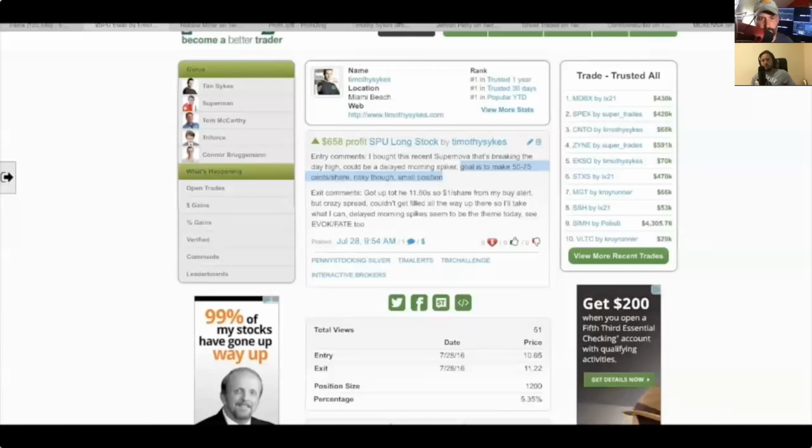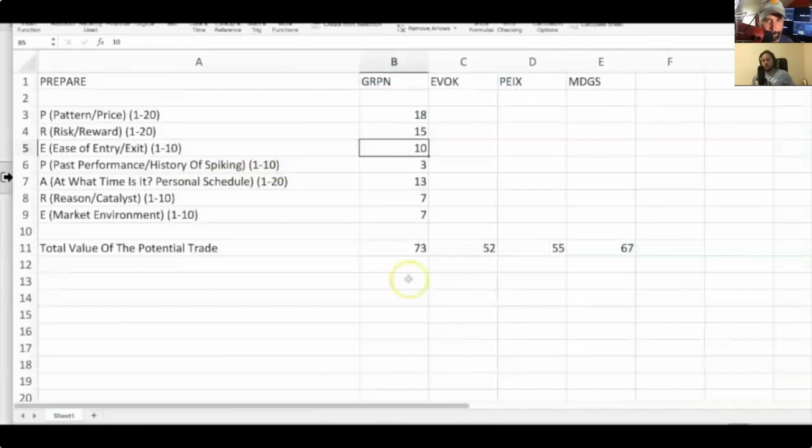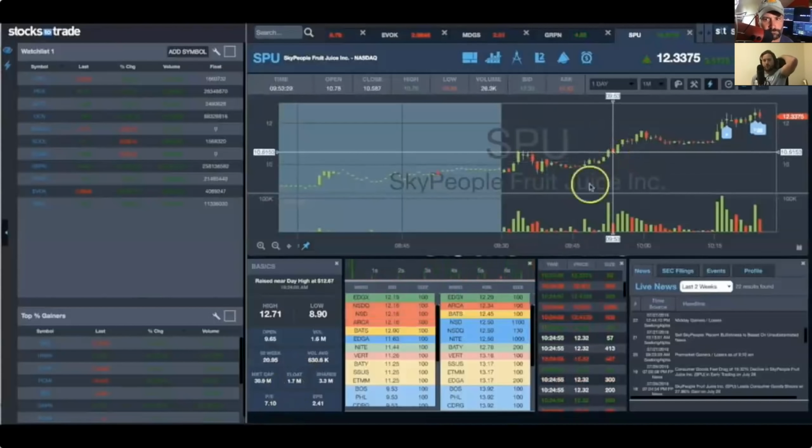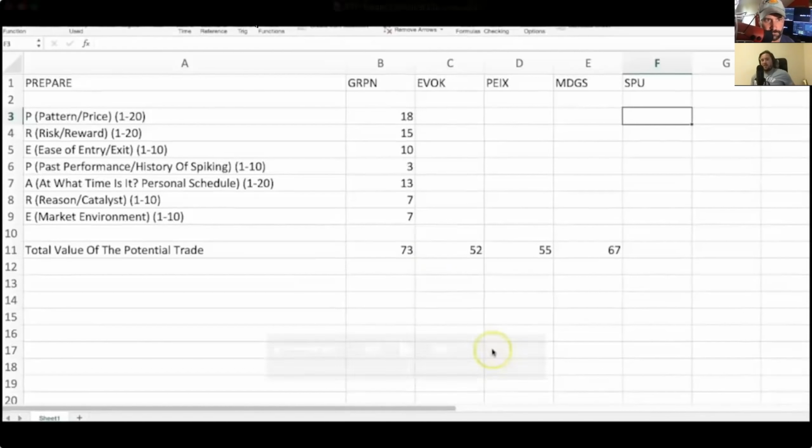So now let's plug this into my formula. I'm going to go back and analyze it when I was buying it right here. What did I see at 10:60? So I'm pretty excited. We're going to do another analysis of this, and we're going to do an analysis of SPU. We'll go through it together. I guess we can discuss each of the facets, and I've got an inkling that this is going to be in the 80s.